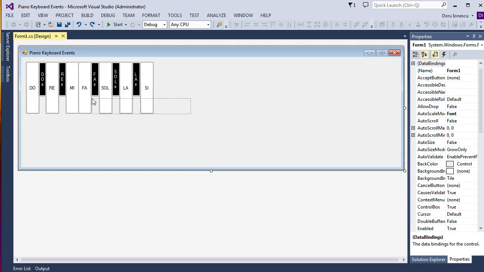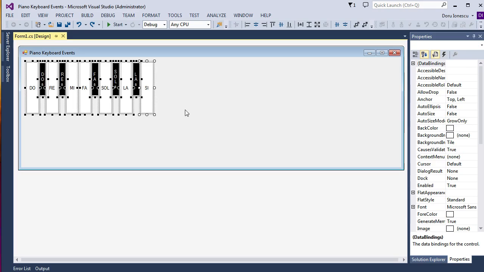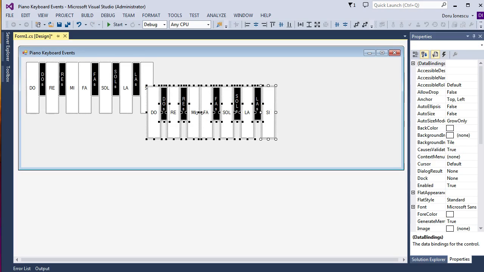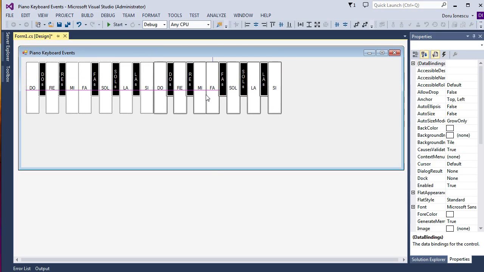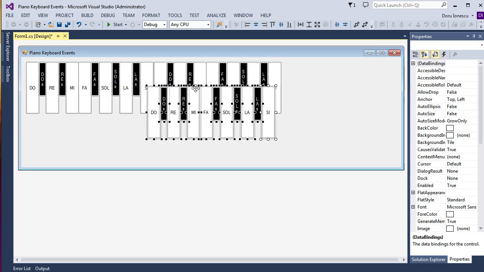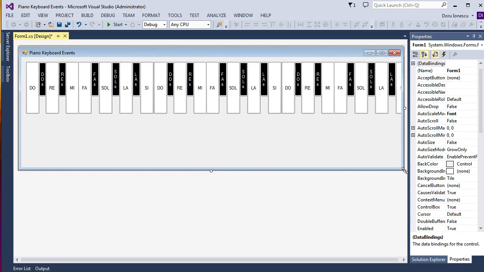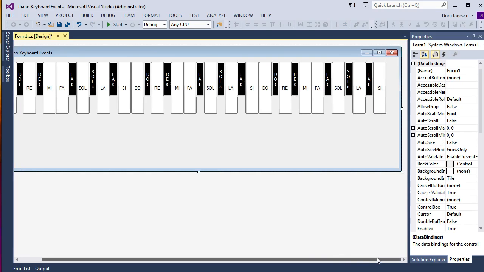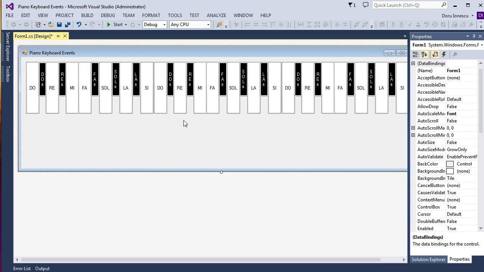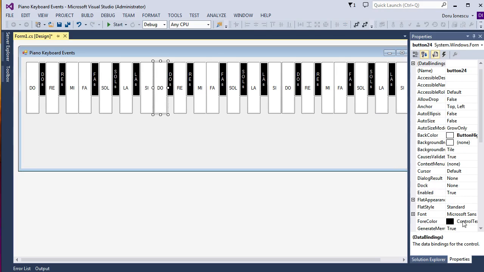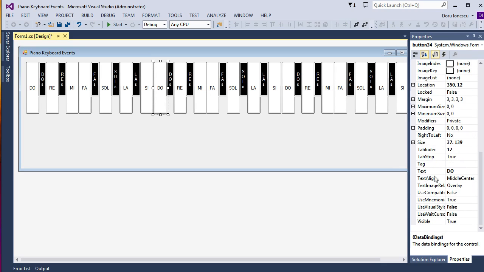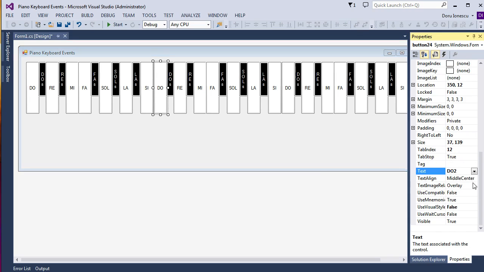Then we want to copy all the buttons twice, first time and the second time. Extend the form, and then we want to rename all the buttons. Do, we go to the text, Do 2,